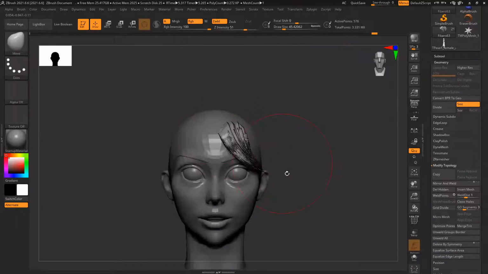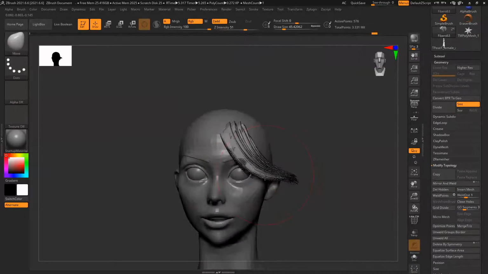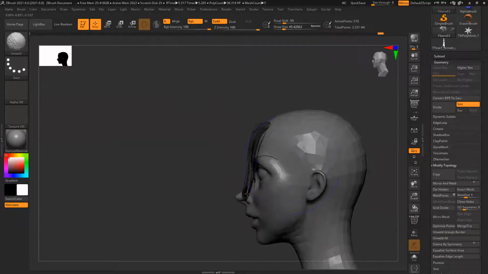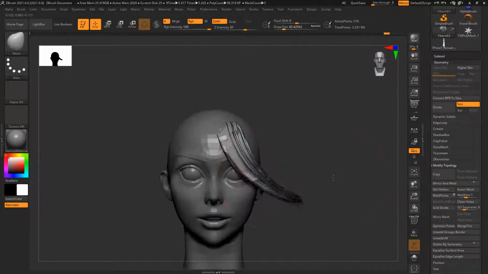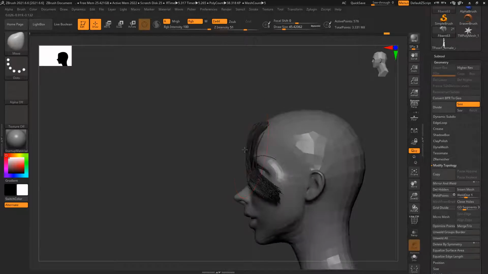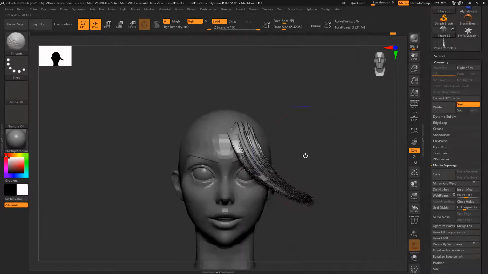It's a little time consuming, takes time to perfect it, but it gives you better result, and you don't have to create the hair manually, because for games creating hair is a very big task, and this is a really good shortcut. You can use it and create a very good quality hair very easily.